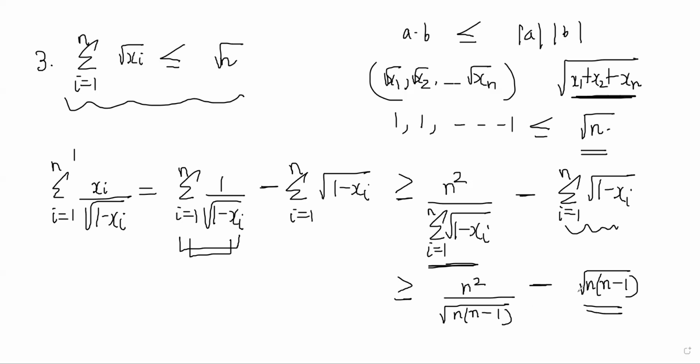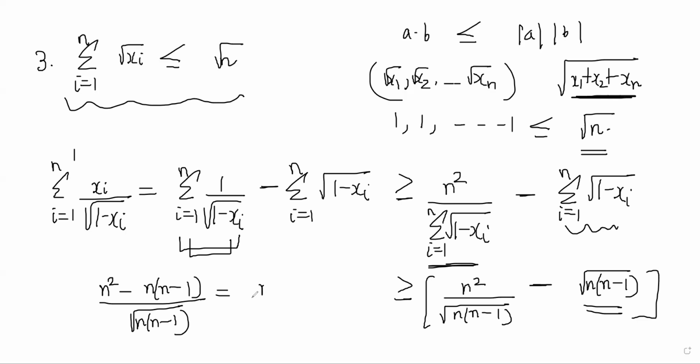That makes this smaller, right? So if you simplify this, what you will get is, I will say thus this part will be equal to n square minus n into n minus 1 by root of n minus 1. This becomes n by root over n into n minus 1, right? So this becomes equal to root over n by n minus 1, which is equal to,